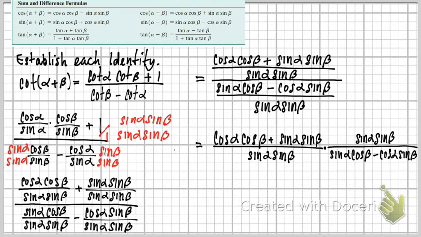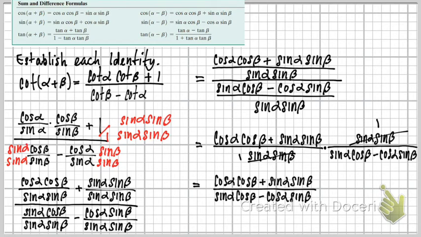So now what we're going to do is just multiply these. But keep in mind here, when I'm multiplying, I can cancel top to bottom. So when those cancel out, they leave ones in their place. So now think about this. I'm just going to multiply straight across now. And this is what I end up with. Now notice what we end up with here. If I take a look at the top, what I'll notice is this one here, cosine of alpha plus beta, times cosine of beta. That's going to be right here. And then the sine of alpha times the cos of beta, that's this one down here. So I actually end up with